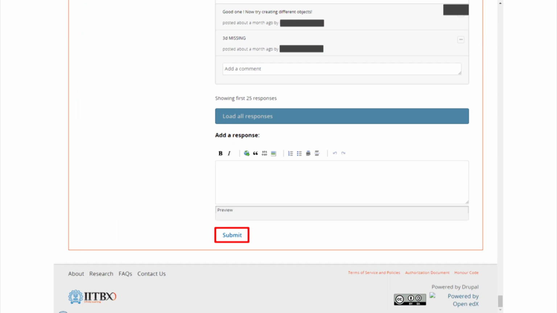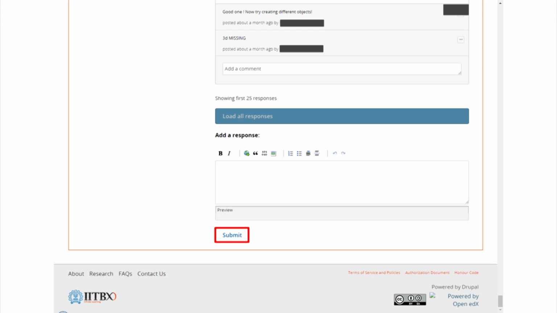As you go down, you will come to a point where the threads are over, and then you get a box to post your query. This is titled as add a response. Clicking on that will get you to a text box where you can actually type in your text.